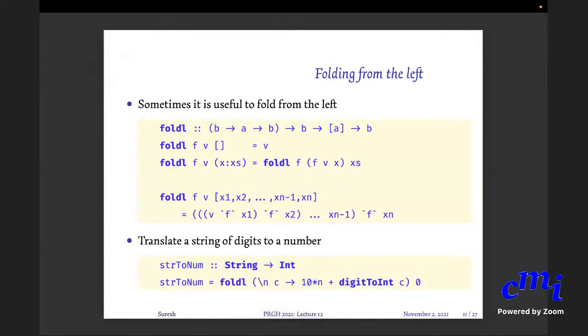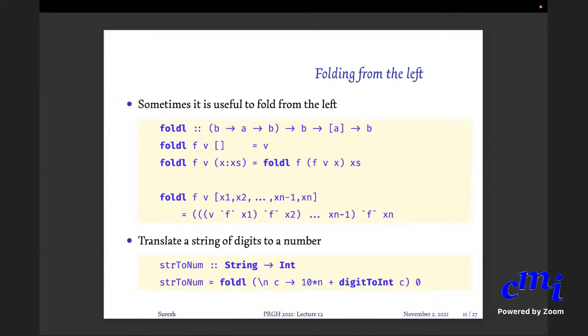Okay, and it is very, very useful for certain things, like for instance translating a string of digits to a number. It is very hard to do it from the right, because you made a recursive call. So the point is that if you want to translate a string of digits to a number, the string of digits is some x, that is c colon cs, let us say. You can recursively translate the cs to a number and then come back. But if you want to now combine the c with the recursive value, then you will have to figure out what the number of digits in that number is, right? This is the usual problem.